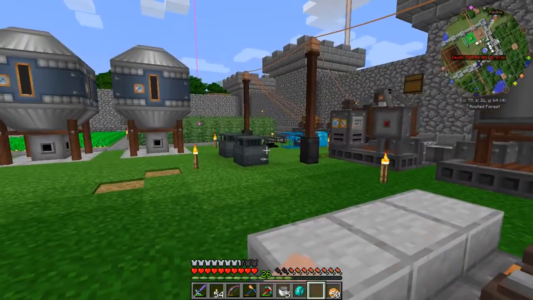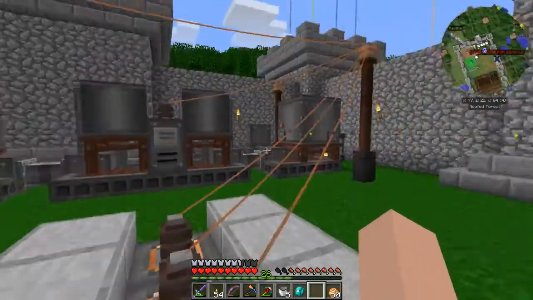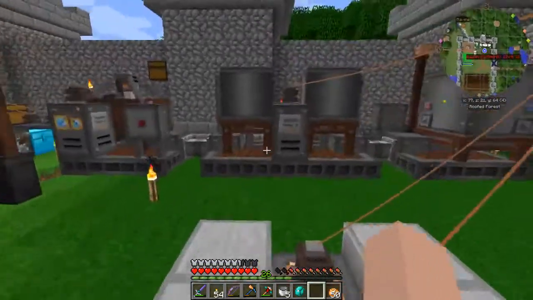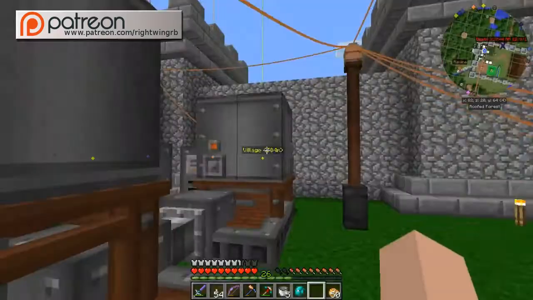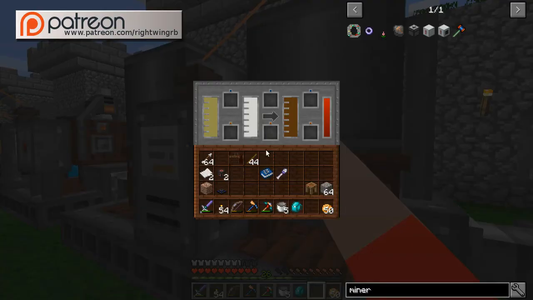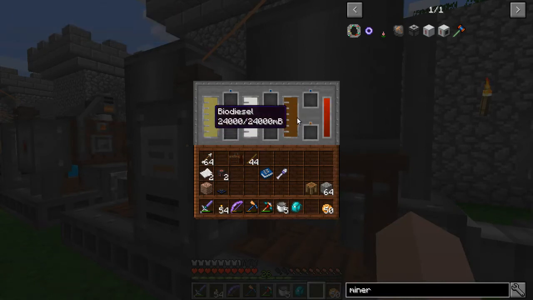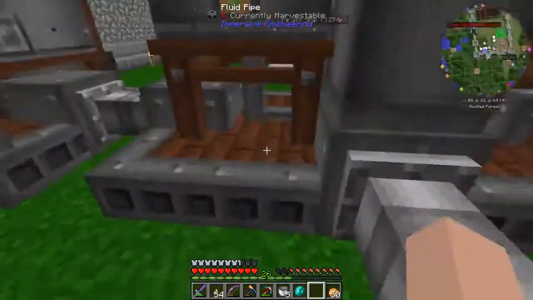I built those. I had those over here. I moved them over to this spot, right? I've got the squeezer over there, the fermenter over there. Those are both putting out their individual fluids. This one's plant oil. This one's ethanol. They're putting those into the refinery, right? And then the refinery is spitting out biodiesel. The biodiesel goes through this pipe right here onto the other side of the wall, which is where our